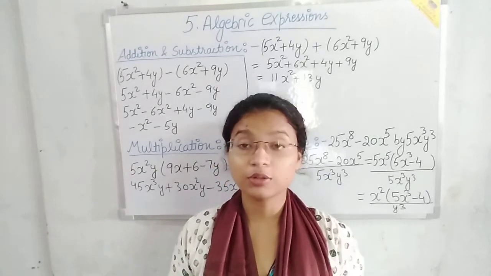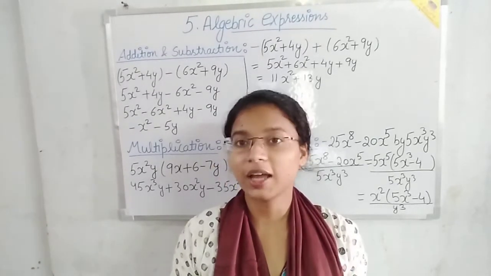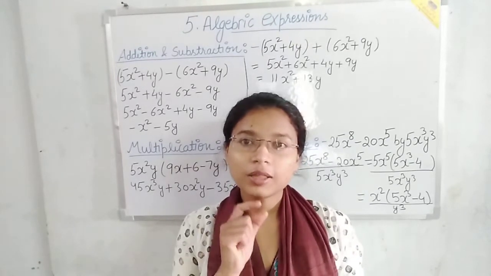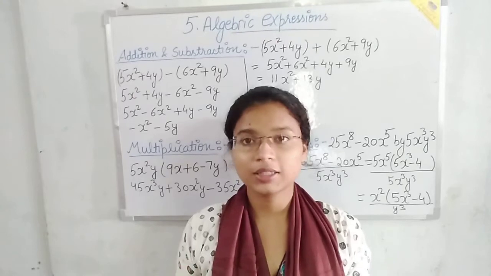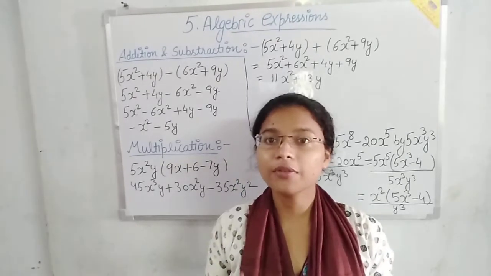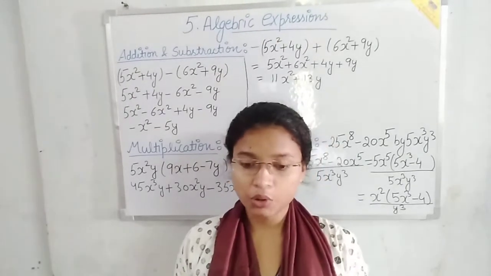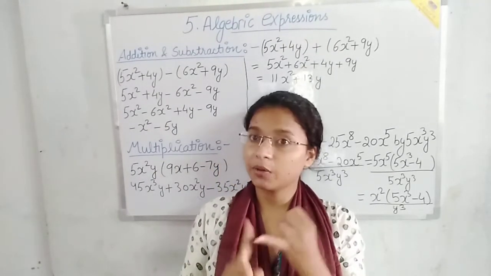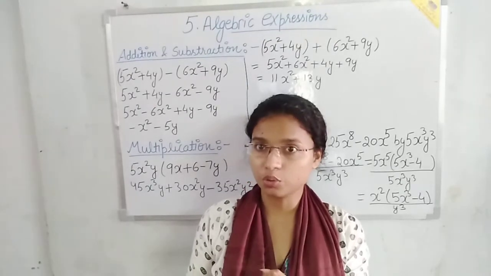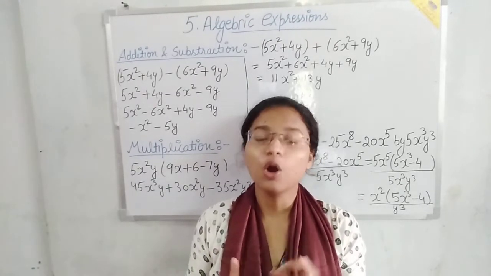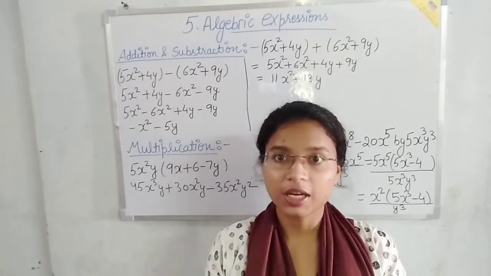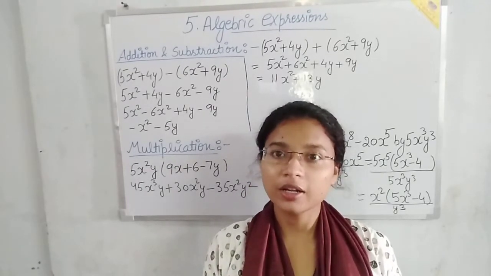terms. Now the question is, what is constant and what is the variables? Constant means all the numerical values are the constant because their values are fixed. Suppose I am saying a number 1. 1 means always a number 1. 2 means always 2. 5 means always 5. All the numerical values are the constant because their values are fixed.